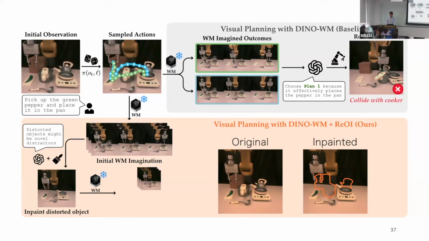However, since the distractors are inpainted, they're no longer modeled in predictions. And how can we account for these inpainted objects? It's actually a very challenging problem because we never know the dynamics of these unseen objects. But in most robotic scenarios, thankfully, especially in home scenarios, most of them are stationary.